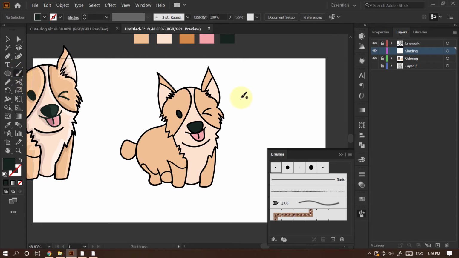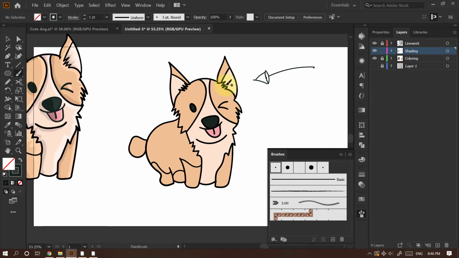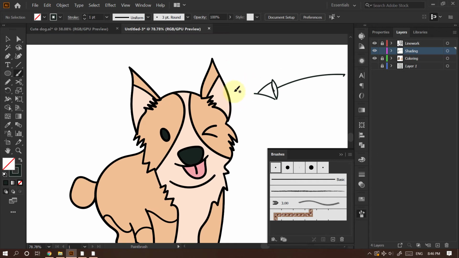If the light is coming from this direction, then our light will hit there and the shade will be on the left side. So the highlights will be on the right side of this cute dog, and the shadows will be on the left side of this cute dog.